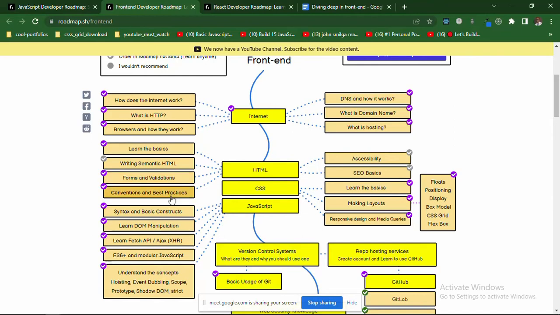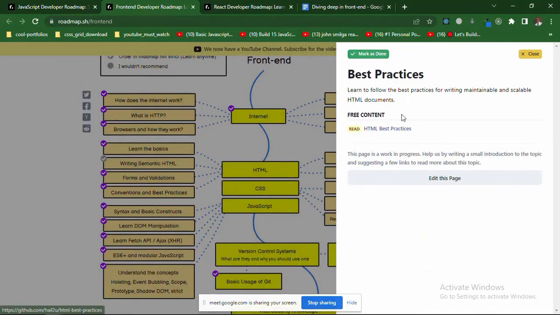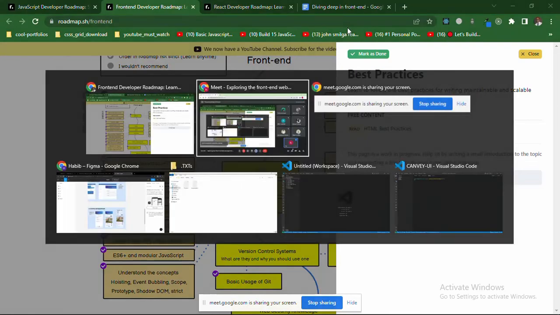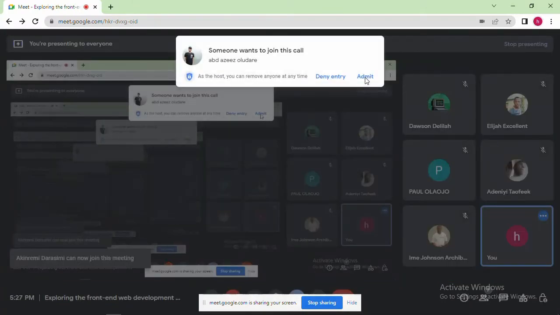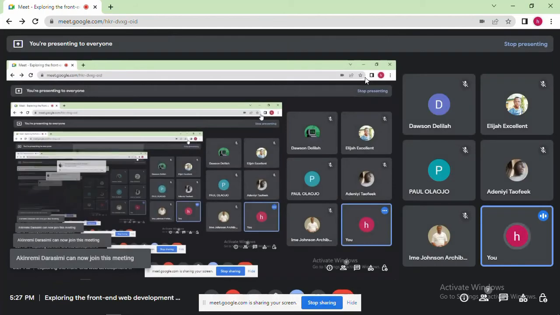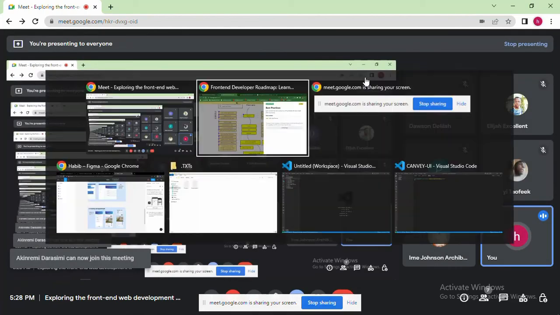Conventions and best practices are also to follow when learning HTML. So there's this website, w3.org or so, that allows you to check if the content of your website is well structured, if you don't have any issues with your semantics, and